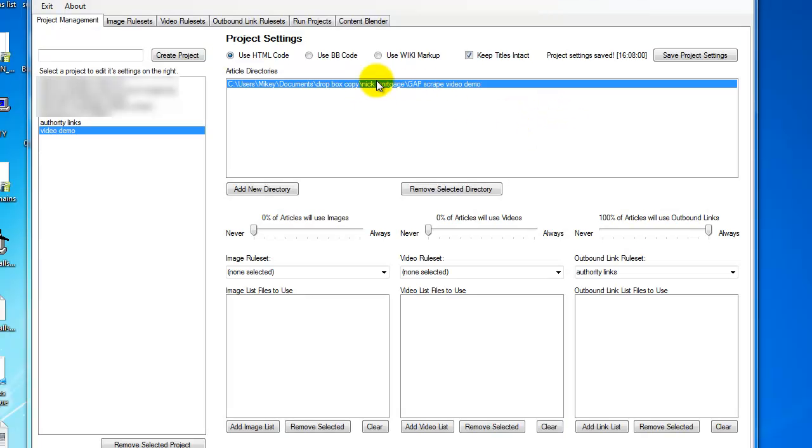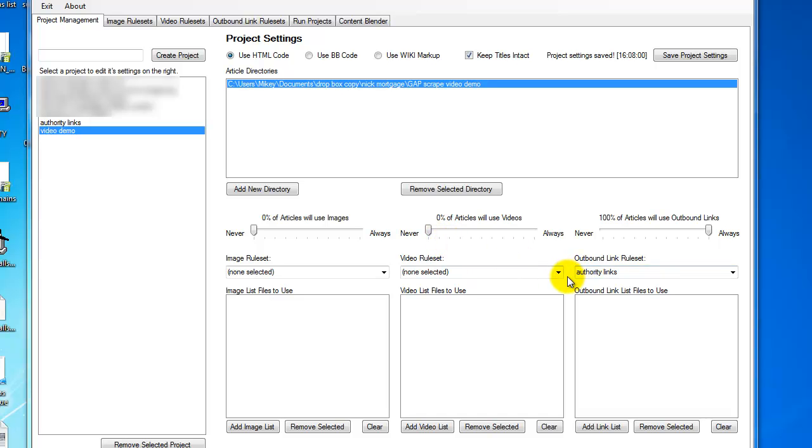Now that I've downloaded those and I made a copy of the original files, make sure you do that before you use Content Spiffer, because it replaces the text files that you're working with. So always keep the original somewhere separate and copy the folder over and give it a new name when you're working with Content Spiffer. The first thing I want to do is make the content more unique, and you should